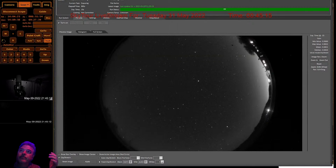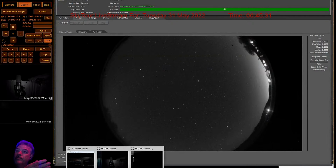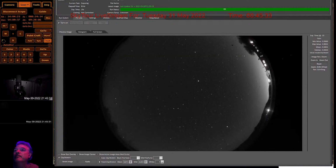This gives us the opportunity to go through this image frame by frame, 15 seconds at a time, all night long, and find every single meteor that occurred and identify them. Identify where they come from. Are these true meteors that belong to this meteor shower, or are these perhaps just a typical nightly meteor that we might see? But in any case, what we're finding...